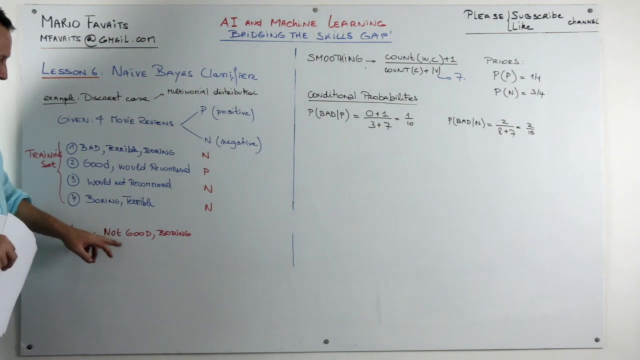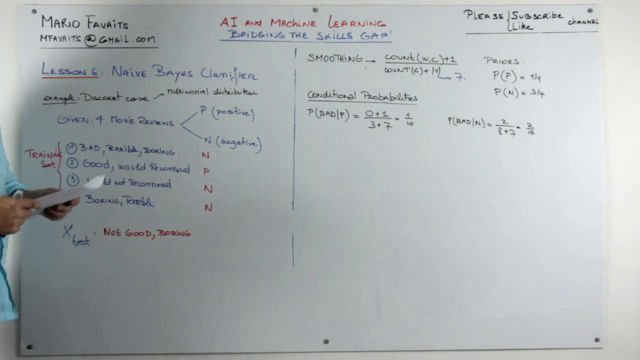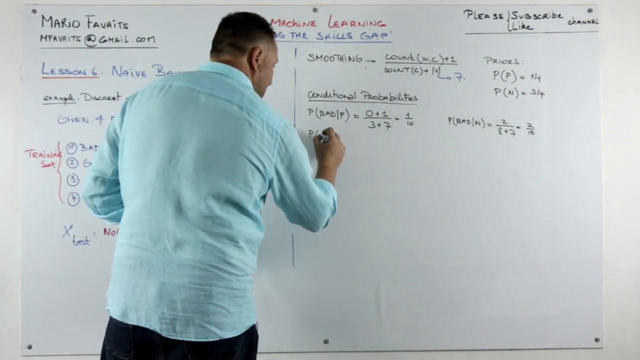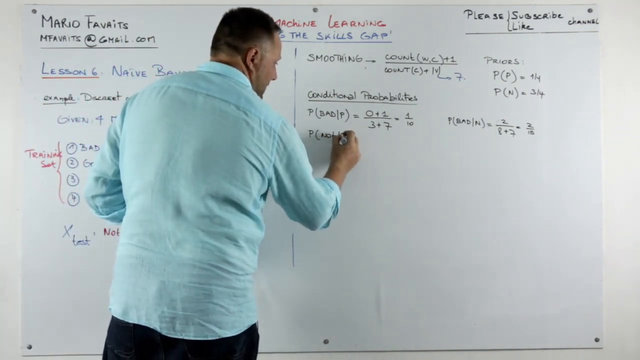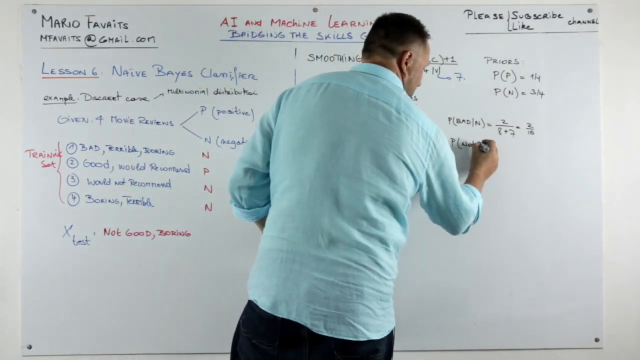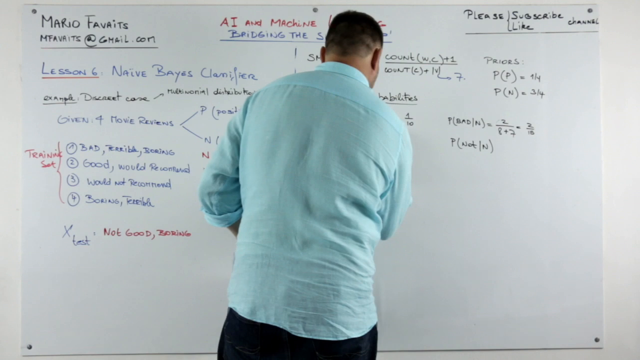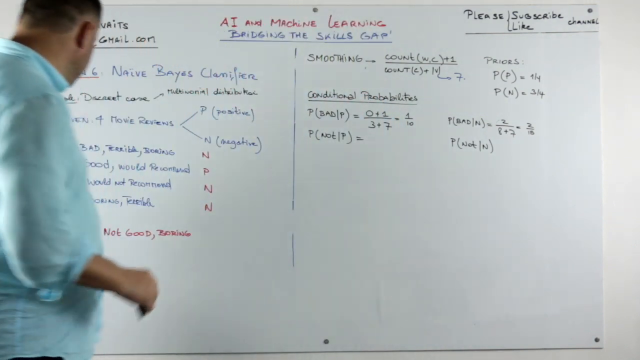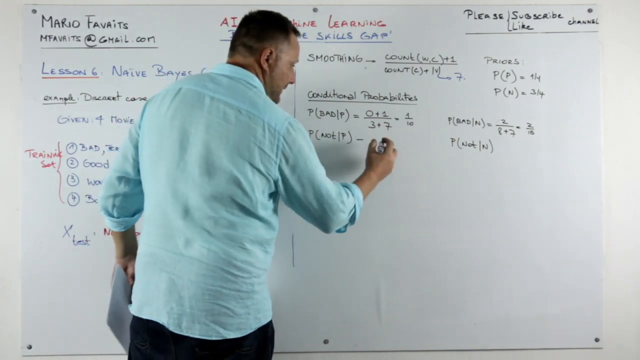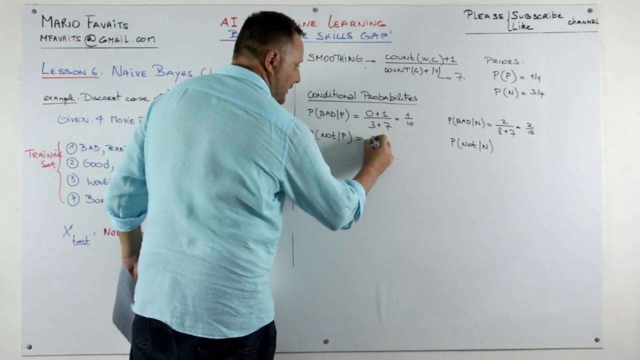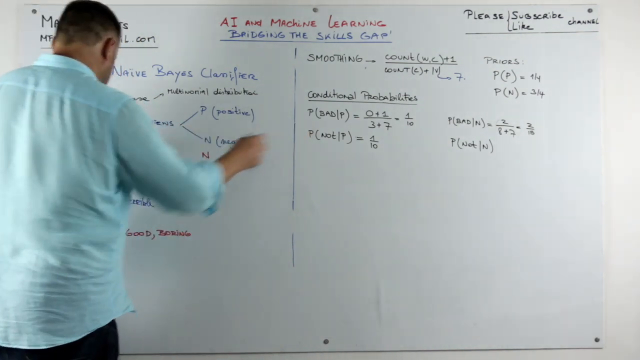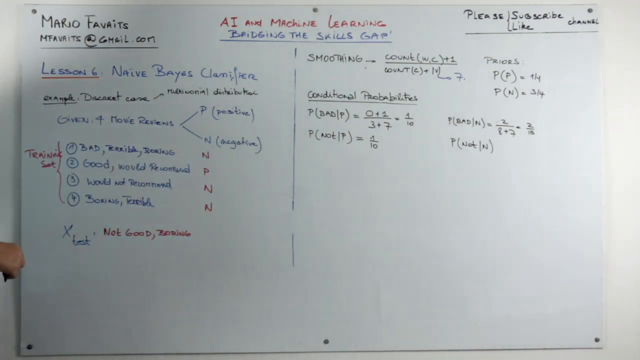So the words that I'm interested in are not, good, and boring, because this is my test case. What is the probability of "not" in a positive review, and what is the probability of "not" in a negative review? In a positive review, we don't have it, so here again it's 1 out of 10. It's exactly the same as this one. In a negative review, we have